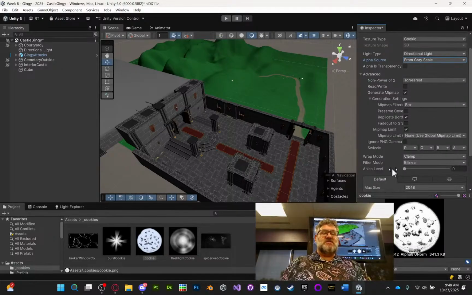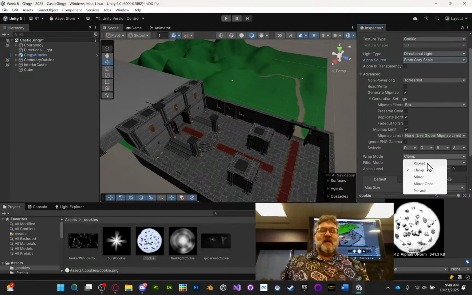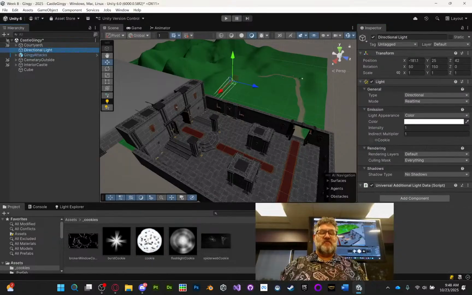The other thing I changed on this was I set it to clamp instead of repeating. If I have it on repeating, I'm just going to get an endless barrage of cookies. Clamp means just show it once. And so with all of that set up, let me just hit apply to make sure. Then if I drag that cookie image onto my directional light where it says, hey, I've got room for a cookie right here,